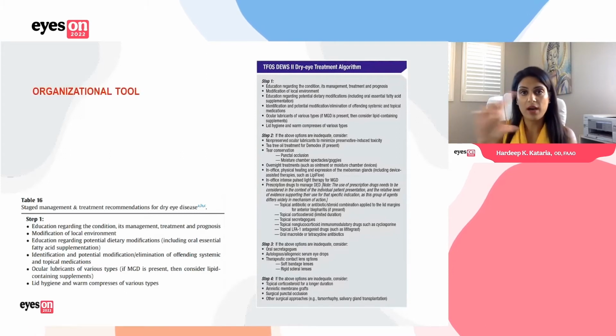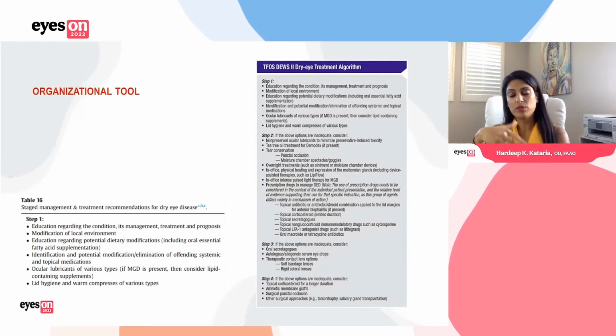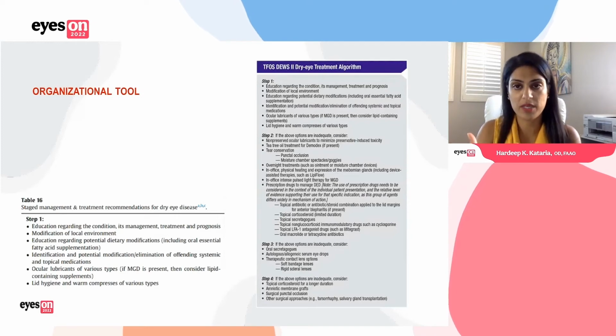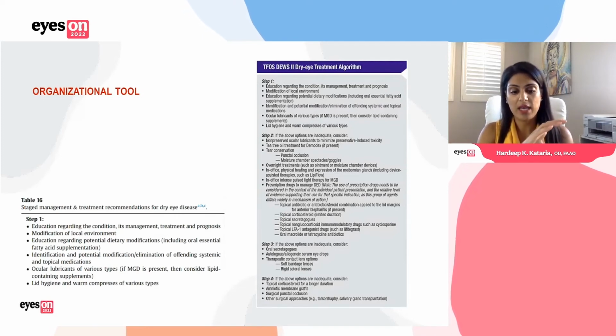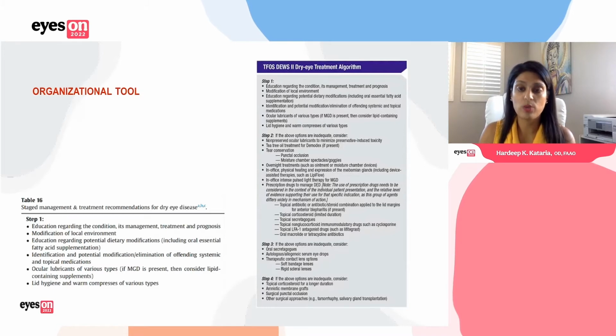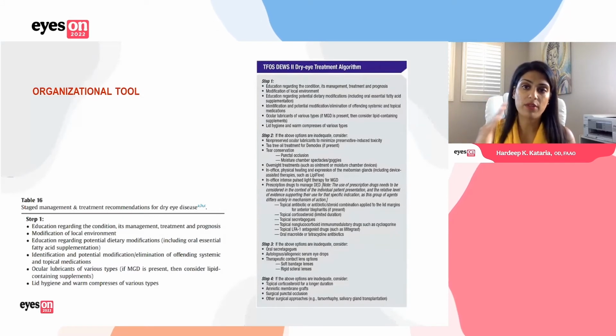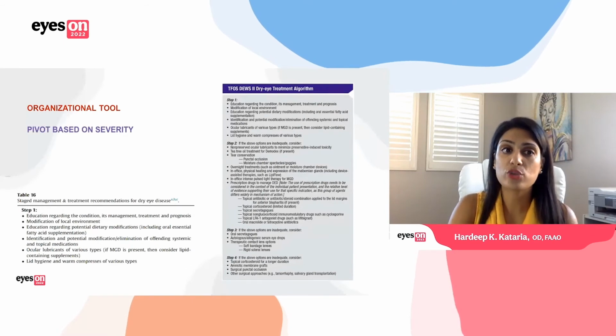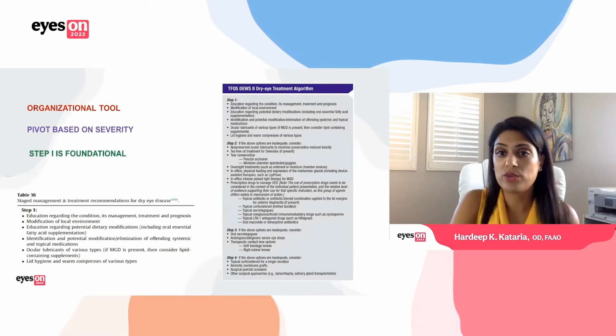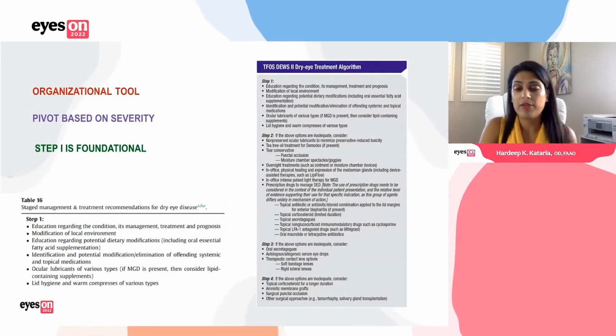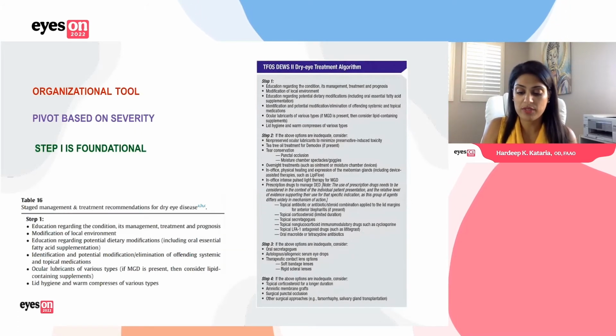I would like to highlight, I think step 1 really deserves a lot of attention because it's going to serve as a foundation to almost a pyramid, is the way that I like to think about it. So when I think about treating dry eye, it's almost like a pyramid rather than a flowchart. So we use this algorithm really as an organizational tool, and we have to be ready to pivot based on severity. So the algorithm suggests that if step 1 doesn't help resolve the symptoms, then we can try XYZ in